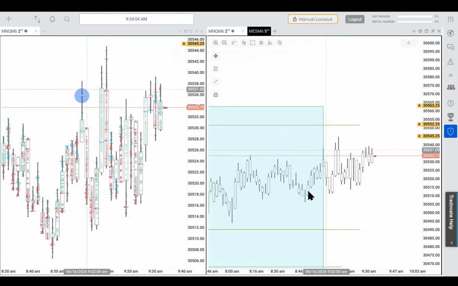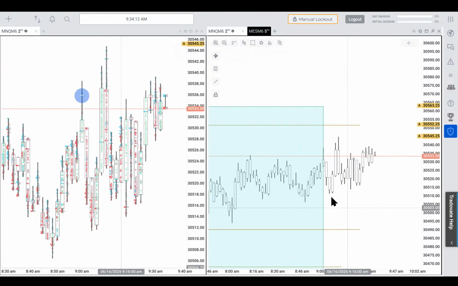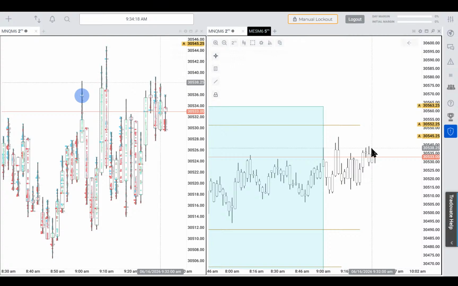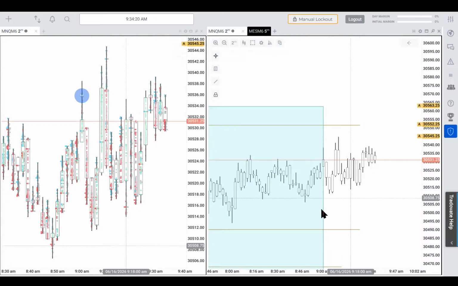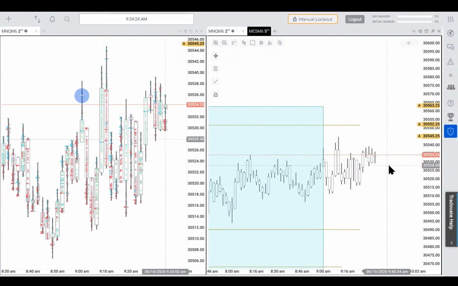See, the thing is here with this structure. This is the high created by this level. And we don't close higher, but we pin between. So this is now the strong level. And also in the same way, we are creating these pins here. So now this is actually the strong level. So two strong pin bars at key levels.